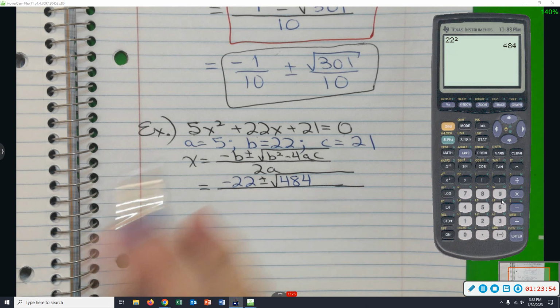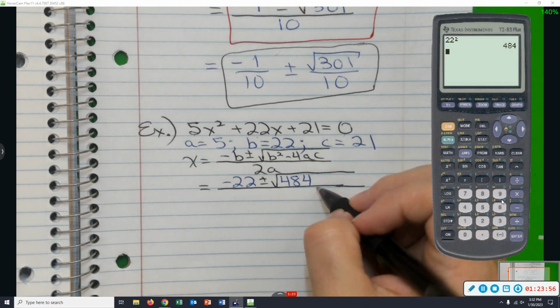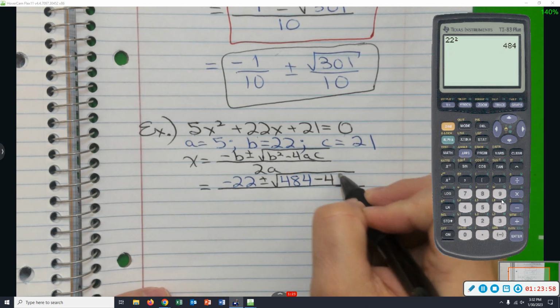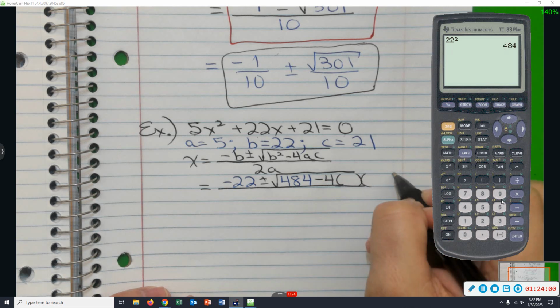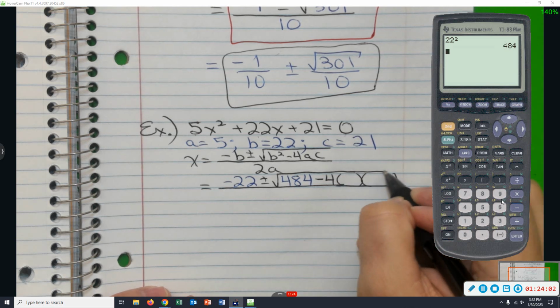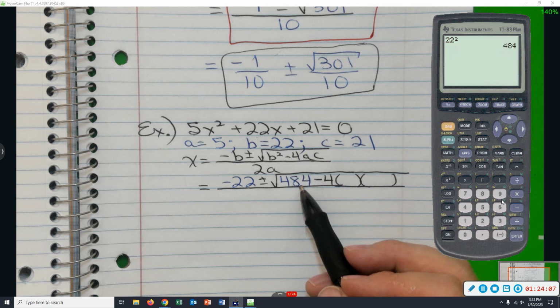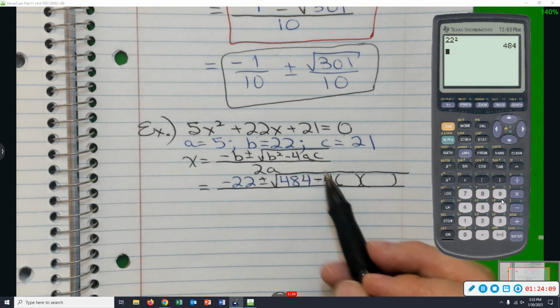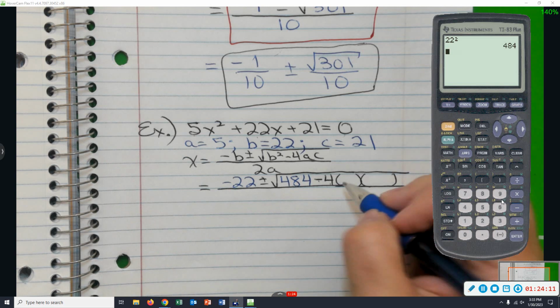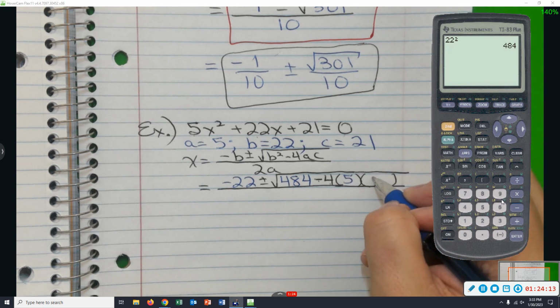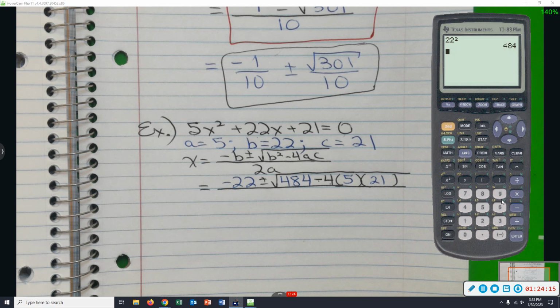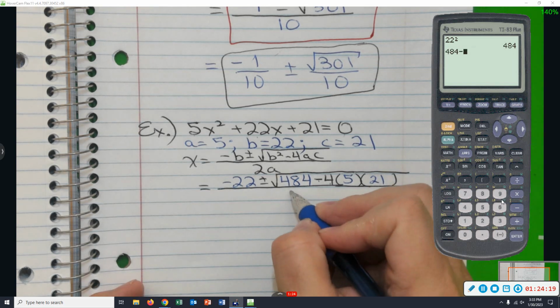So what we've done here is he's chosen a problem at random, not really at random, to do. Has a bit bigger numbers. So we have 484, 22 squared minus 4 times A times C, all over a denominator of 2 times 5 is 10,